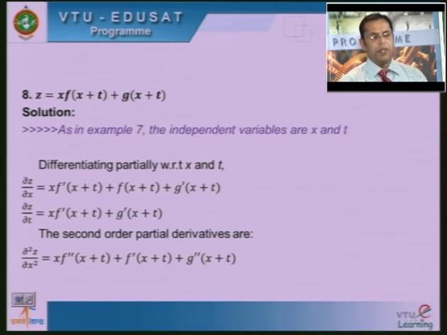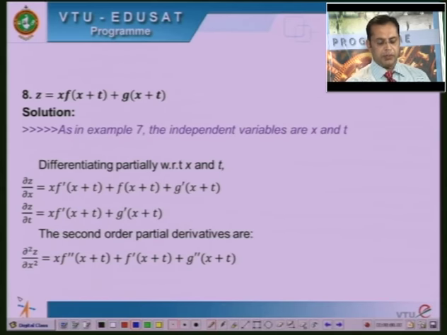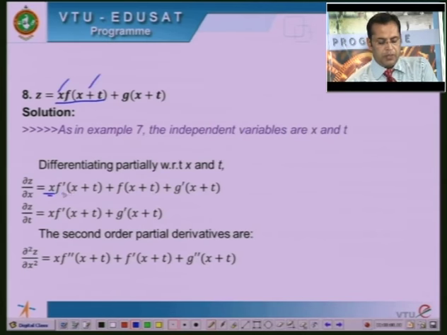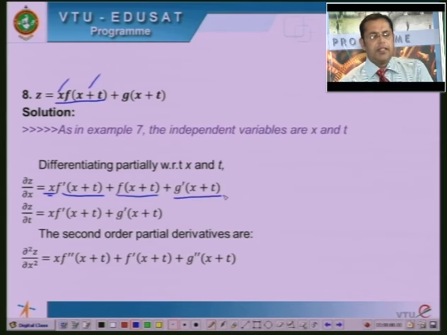First, ∂z/∂x, which is the partial differentiation with respect to x of this, but observe that x into f of (x+t) has two terms containing x, which are this x and f of (x+t). Apply product rule. So, it gives you x into f'(x+t) plus f(x+t) into 1 using product rule, plus g(x+t)